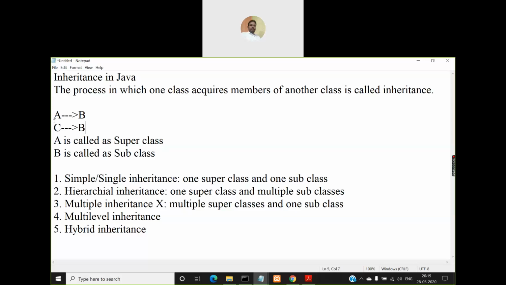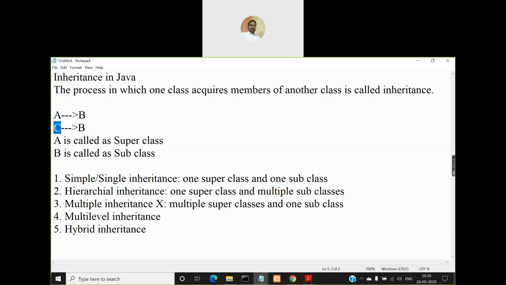and instead of acquiring properties from A, B also can acquire properties from another class, say C also. So now how many superclasses are there? A is a superclass for B, and similarly C is also another superclass for B. So in this example, if you observe, B is the only subclass. That means there is only one subclass. But coming to superclasses, A is one superclass and C is also another superclass.